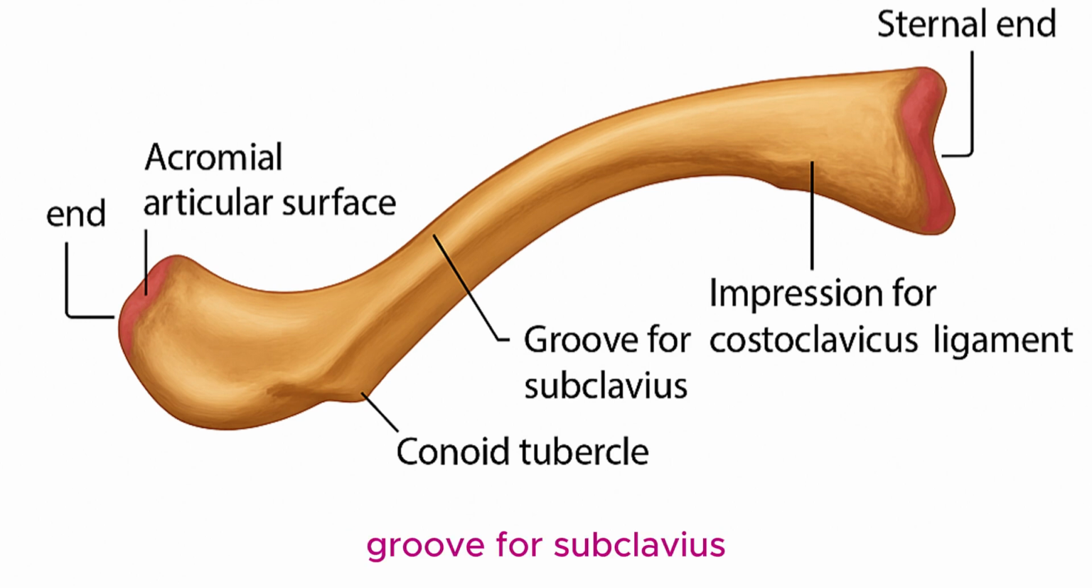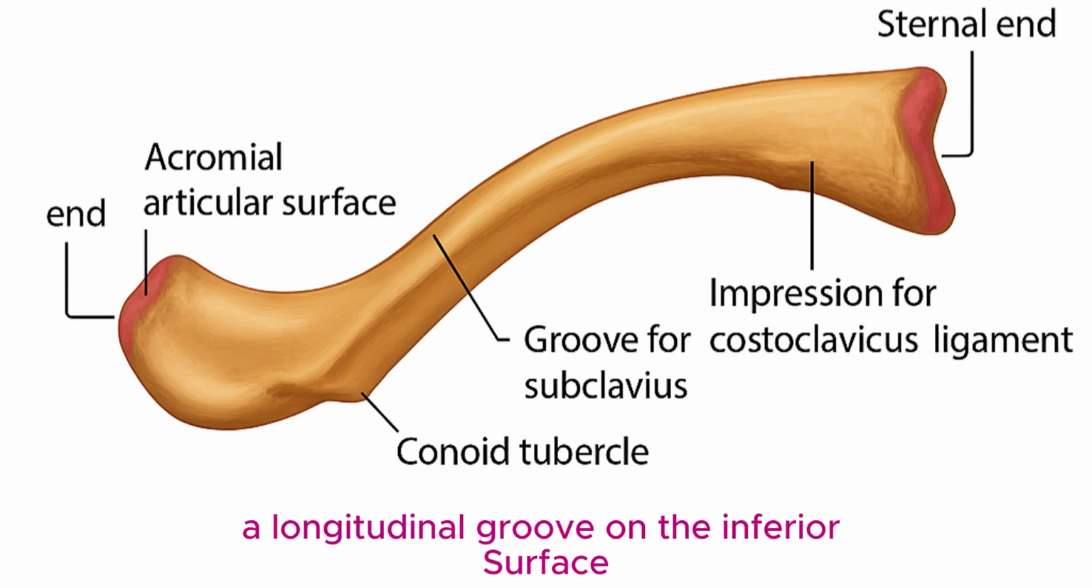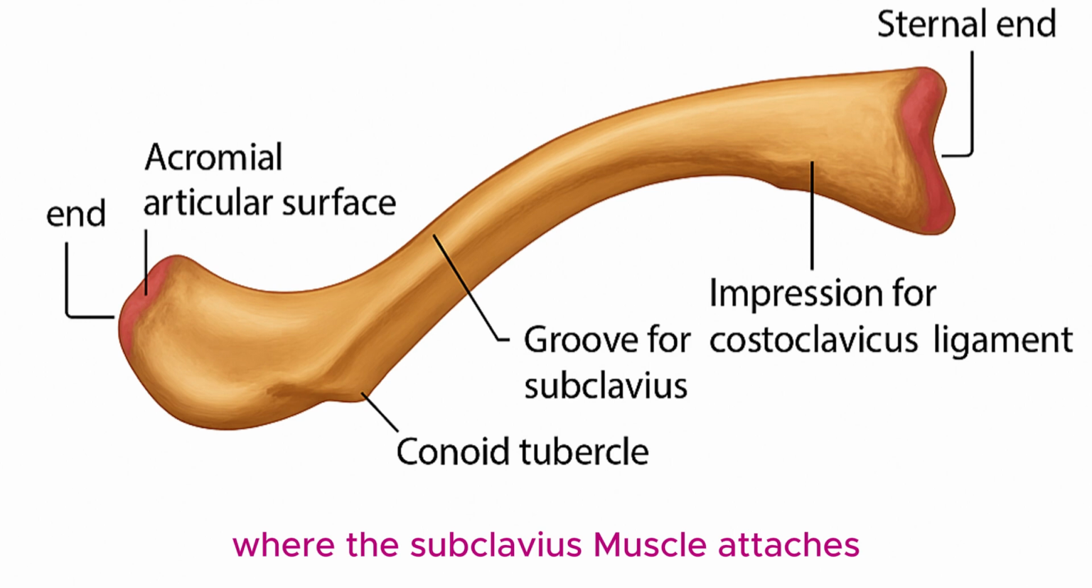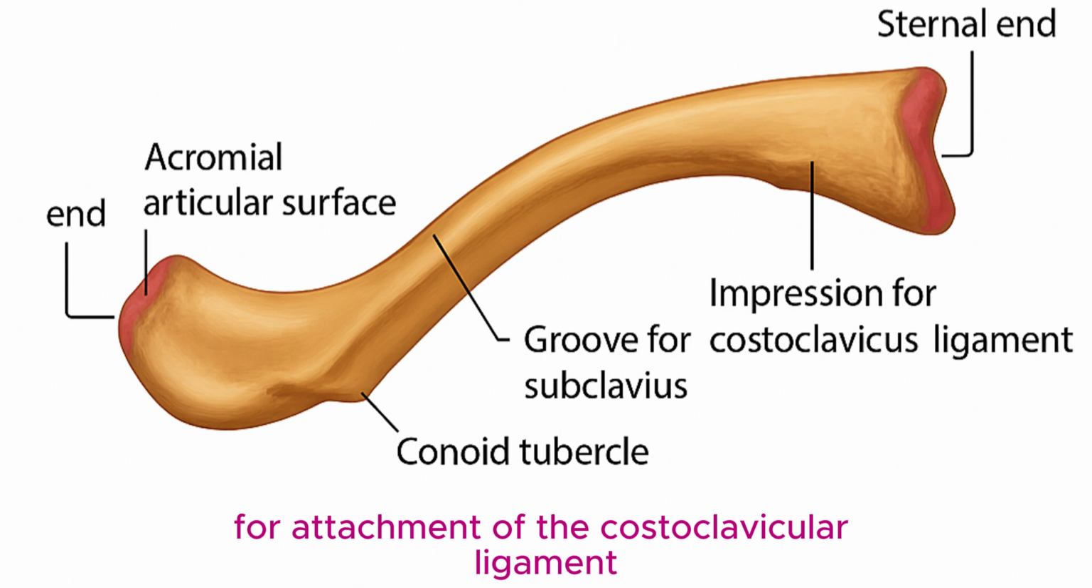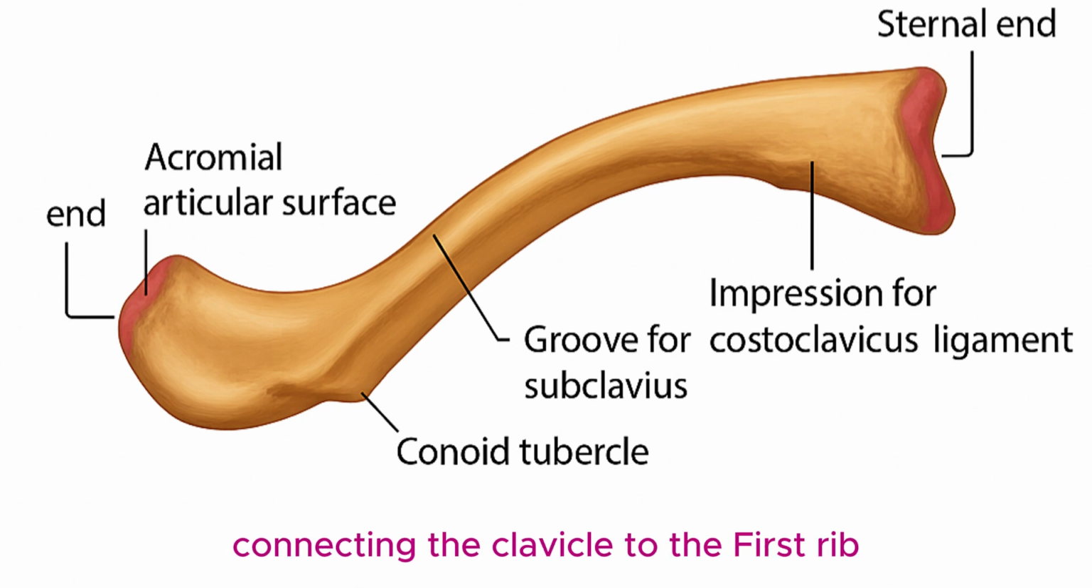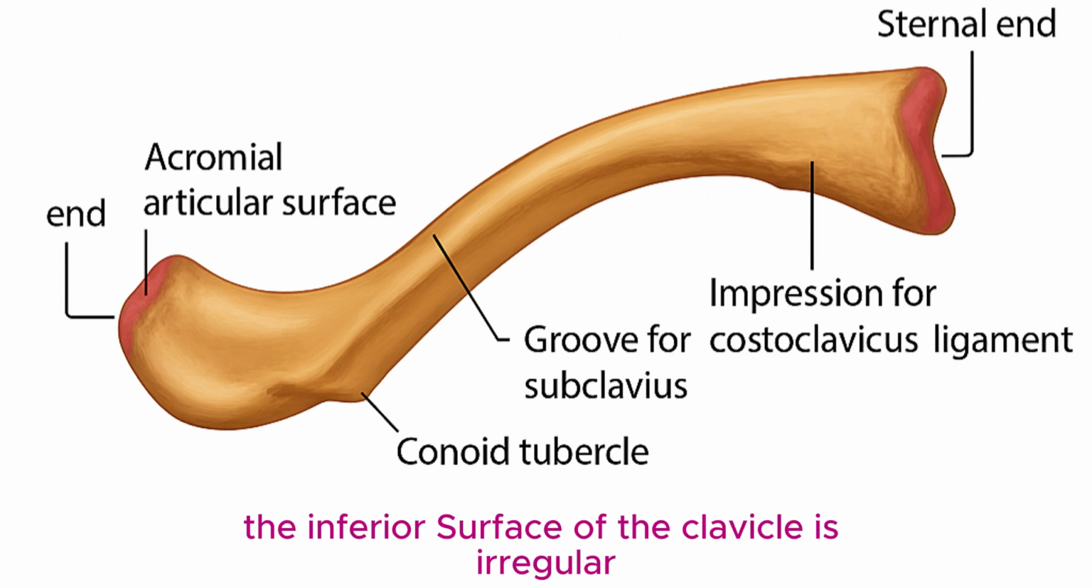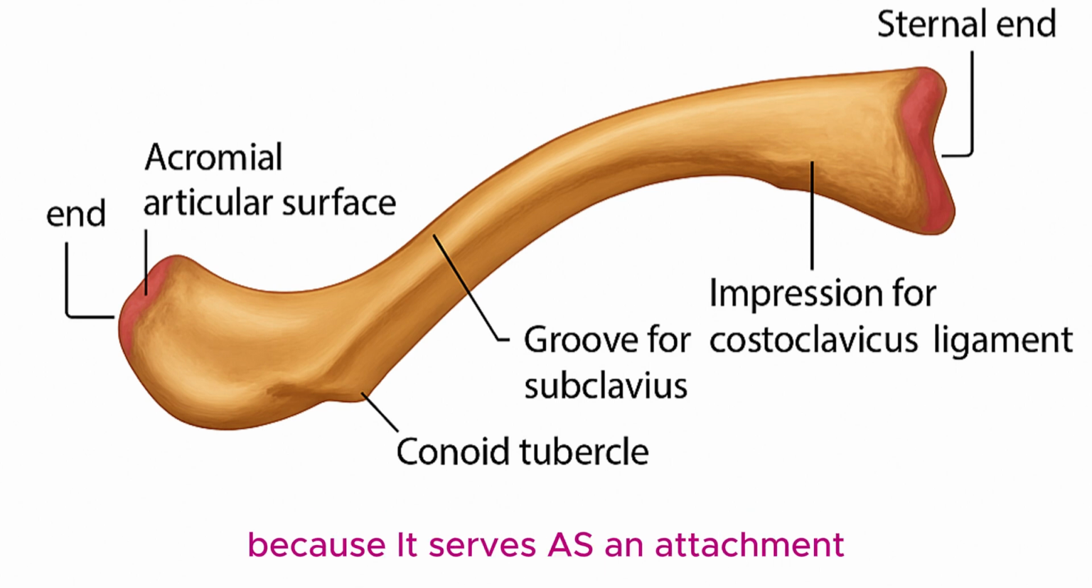Groove for subclavius: a longitudinal groove on the inferior surface where the subclavius muscle attaches. Impression for costoclavicular ligament: a roughened area near the sternal end for attachment of the costoclavicular ligament, connecting the clavicle to the first rib. Keynotes: the inferior surface of the clavicle is irregular because it serves as an attachment site